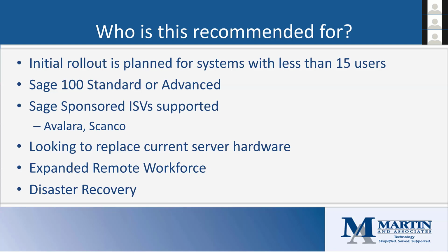Do I need to get a VPN? What does that look like? What sort of tools can I use to log into my desktop at work? This is a solution that solves that problem. Not only are we concerned now about the whole workforce going home, but we got notes today from one of our vendors that we were going to meet with that he couldn't meet with us anymore because his kids